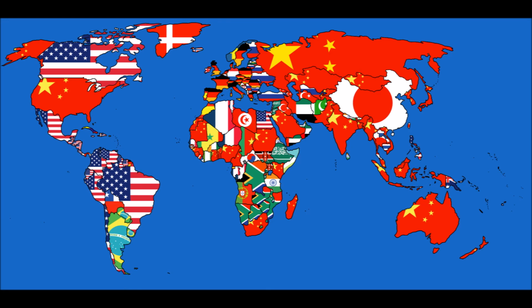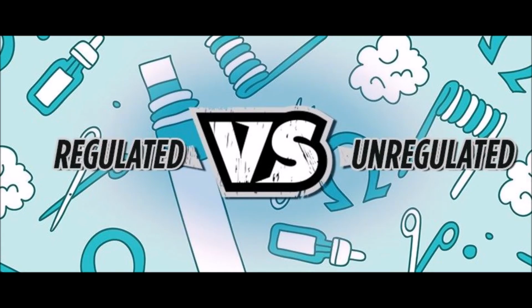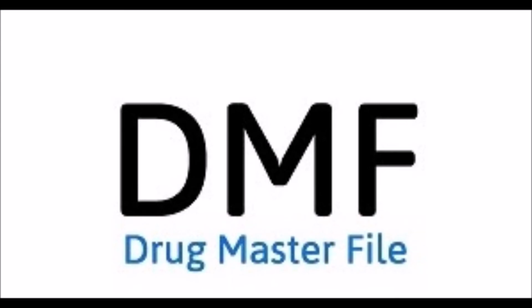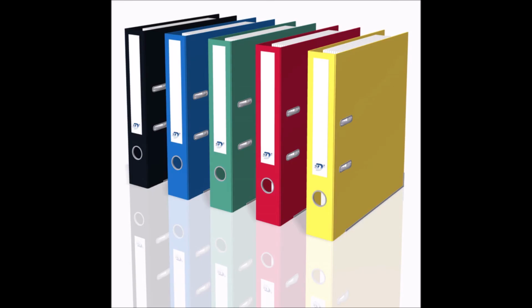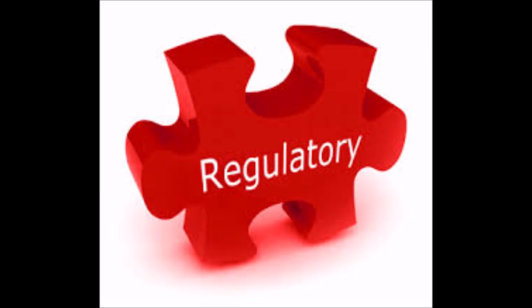What are the major importing countries for our pharmaceutical products? Basically, there are two types of export markets: regulated markets and unregulated markets. For regulated markets, we need to submit all required regulatory documents like GMP, WHO GMP and DMF or dossier, etc. to the importing customer. Other than the above, we need to get different regulatory certificates or approvals from the concerned regulatory departments of different countries.